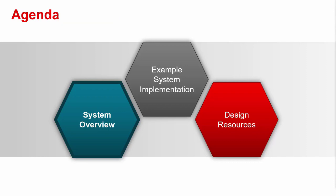Since the 0.2 nHD chipset features a number of moving parts, let's break them down. We'll start by talking about how the chipset itself fits in a full embedded system in a short system overview. This will help you get a better idea of how the different components in the 0.2 nHD chipset contribute to the full package. With this understanding, we will then examine an example of how to interface the 0.2 nHD EVM